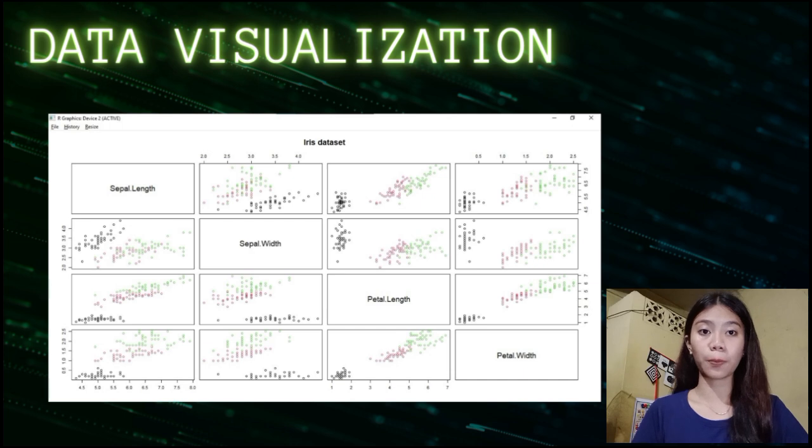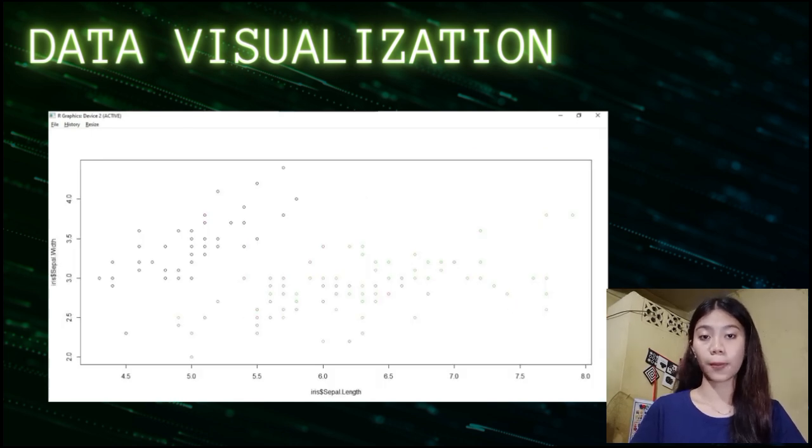In short, this pair plot helps you visually compare all features at once and see how the three flower species differ in shape and size. It's great for spotting clusters and relationships in the data. Next, a simple scatter plot with the x-axis as sepal length and the y-axis as sepal width. Each dot again represents one flower, and each color still represents one species, allowing you to compare them.